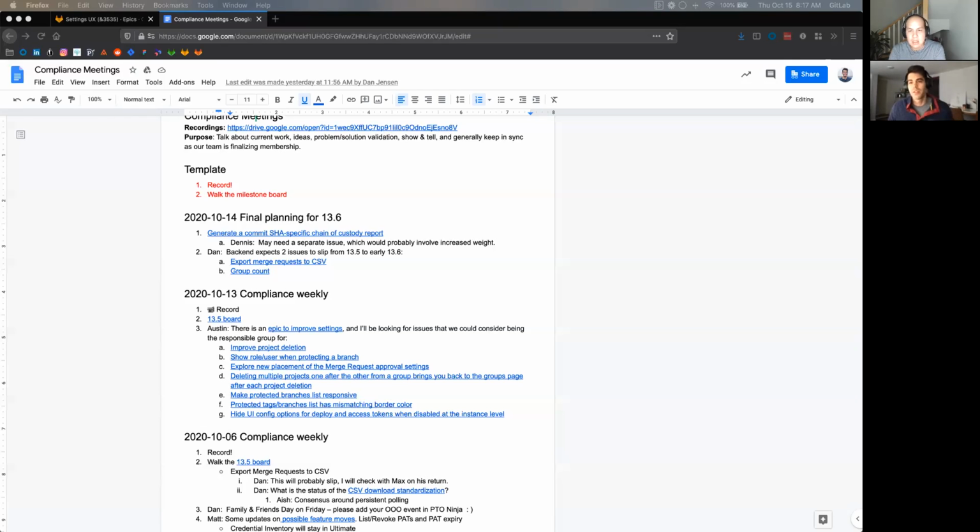So yes, this list of things that you've highlighted, feel free to tackle that, because we do see a scenario where we will end up delegating part of the work to the specific stage groups.